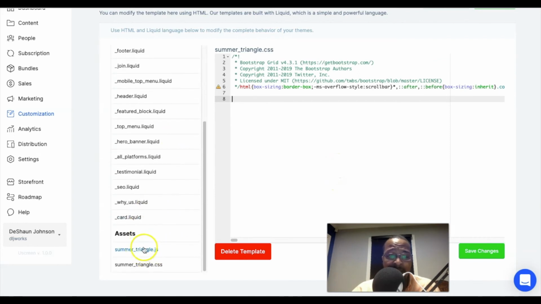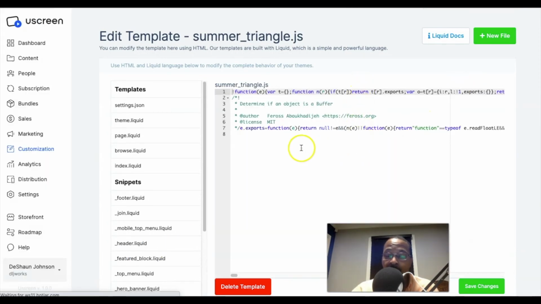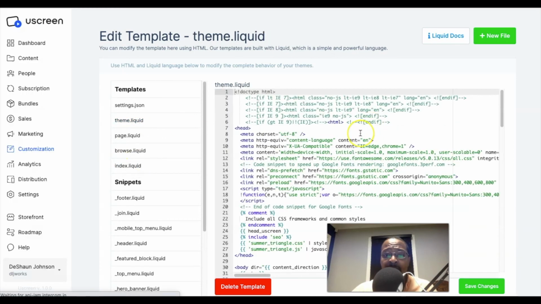You can also write JS. So let's just take a look at this. This was going to be my next point. You can also add any extra JavaScript, any extra jQuery that you want to make certain changes. So if I wanted to not touch the Liquid theme at all, and I wanted to just insert an element in between another element on the theme without touching the actual Liquid code, I could do that using JavaScript and jQuery and some CSS. I can also click and look at the actual Liquid files and look at the actual HTML